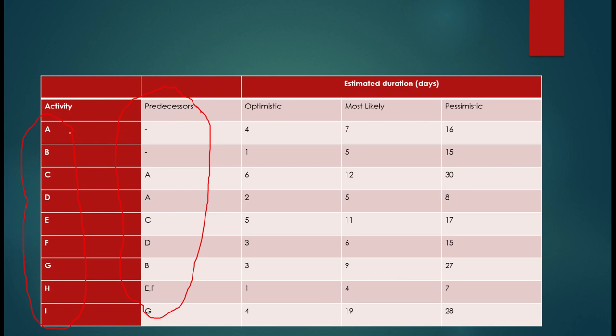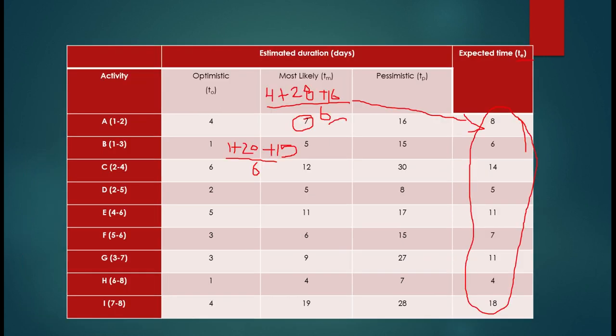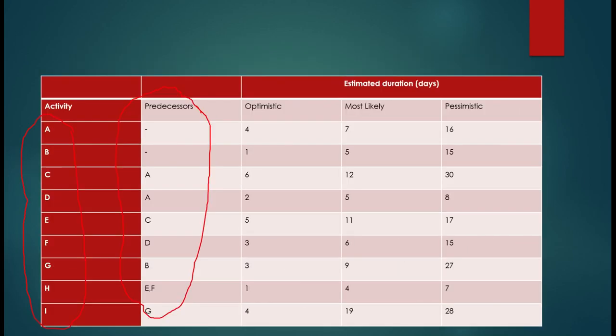So let's see, there are two activities A and B, and A and B do not have any preceding activity, right? It means the activities which do not have any preceding activity are the first activities, okay? So this is how I will start. From here A, and from here we'll get B, right? A, and this is B, okay?